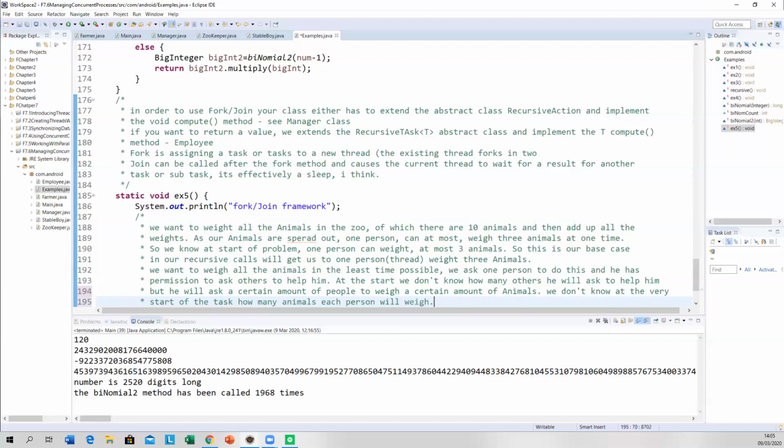10 elephants, yeah. So it's 10 tasks. Well, there's 10 tasks, yeah. Each one of them is a task. Okay? Now, a single thread can do many tasks. Remember that?